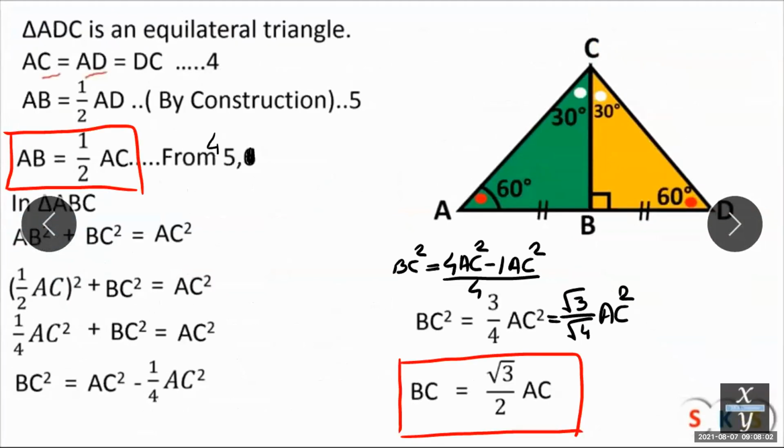Now consider triangle ABC. Again, this smaller triangle ABC is a right angled triangle, so one of the angles is 90 degrees. So it is a right angle triangle. So